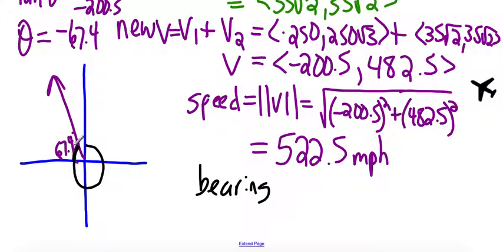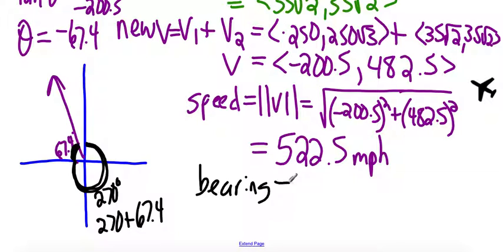So this portion of it is 67.4. From here to here, that's 270, right? 90, 180, 270. So we're going to take 270 plus the 67.4,